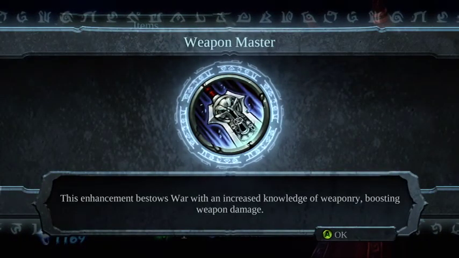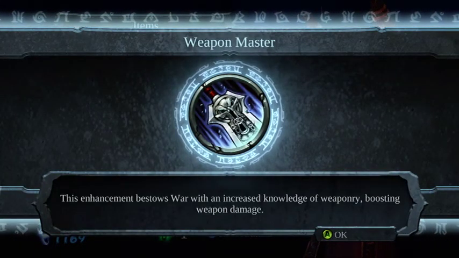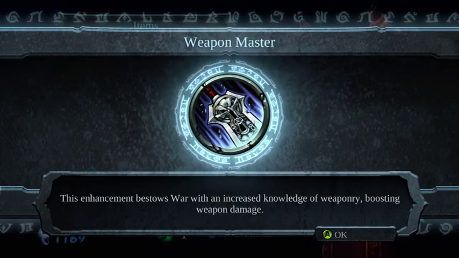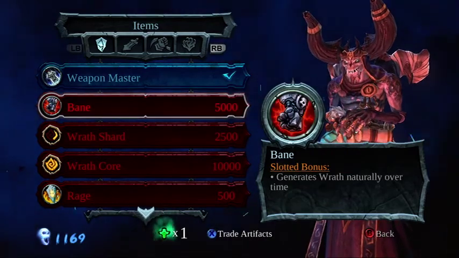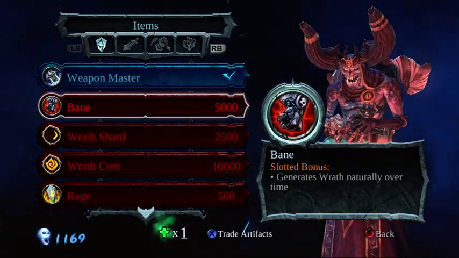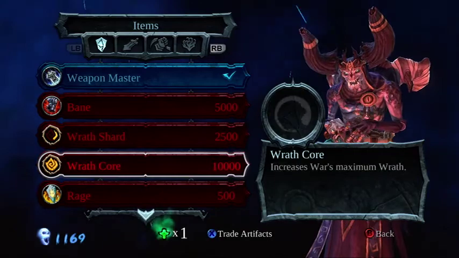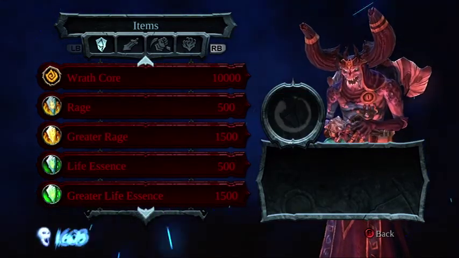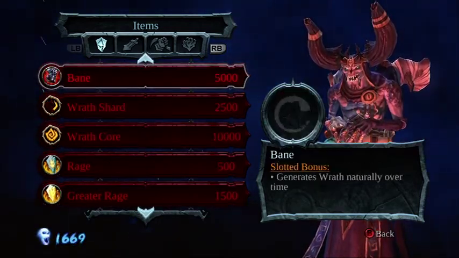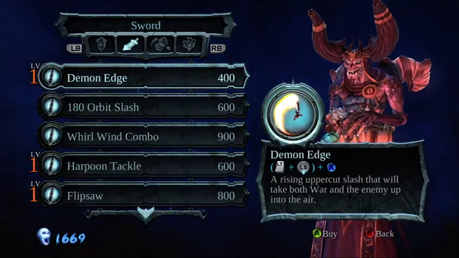I was kinda, there you go, weapon master. Let's do that. Yes, this enchantment bestows war with an increased knowledge of weaponry, boosting weapon damage. There you go. Bane. I actually kind of need to do that. This game gives you some hard decisions, so let's go ahead and trade that in, shall we? We're back up to 1600. Okay, so these